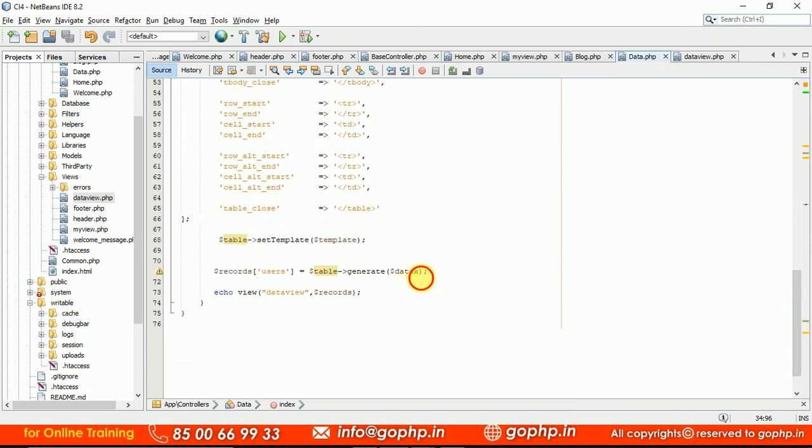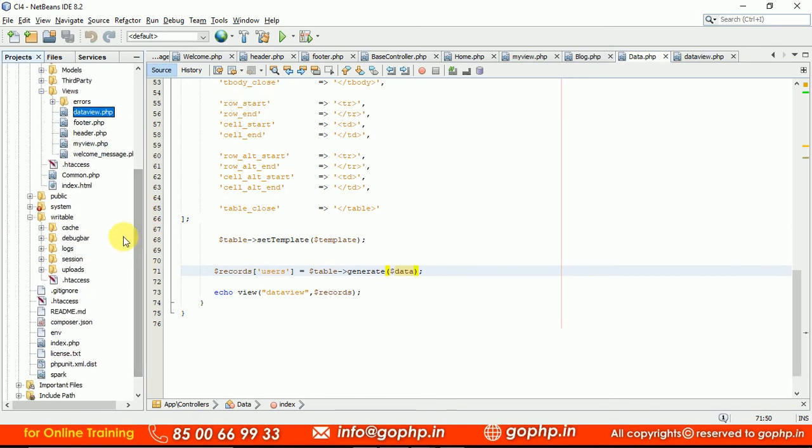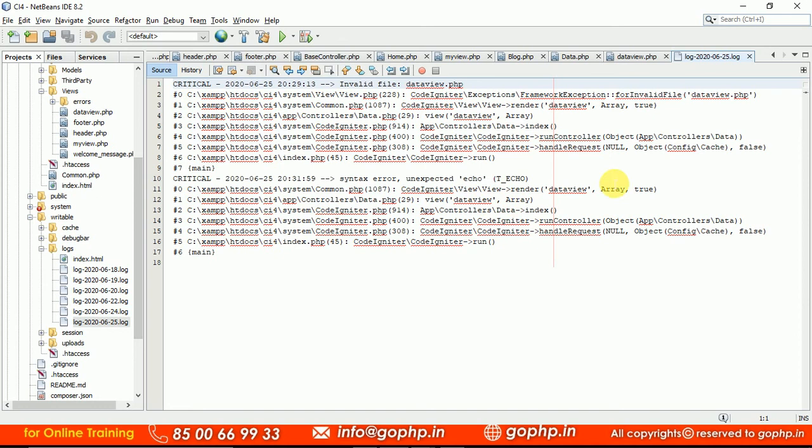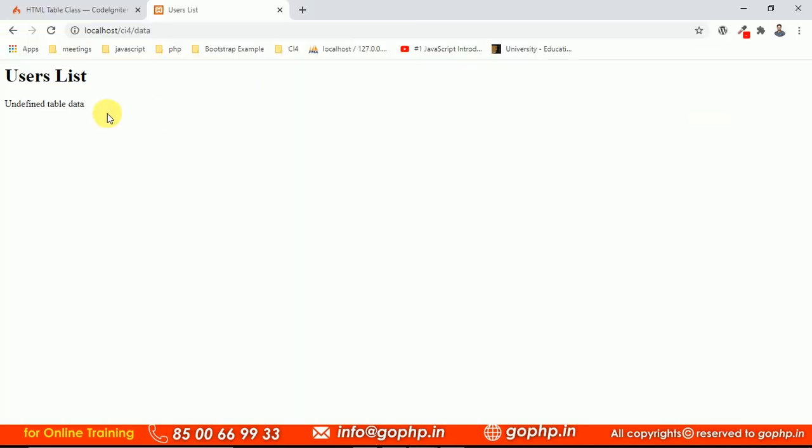So data X something is coming, guys, here an error, some variable is there in this generate method. So if you want, you can go and check the logs file. I don't know whether the log is recorded or not, just go and check whether this log is recorded or not. So in the logs file, this is the log, and you can check it. Is there an error? It is not throwing an error, but it is displaying the error directly, right? Undefined variable data, something like that.